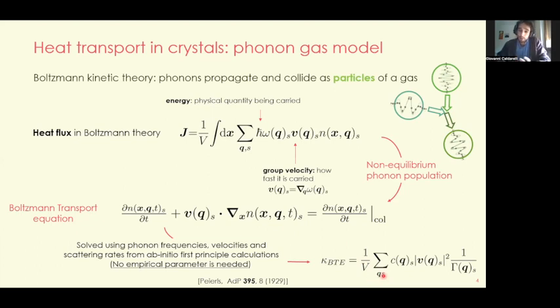And the single phonon contribution to thermal conductivity is proportional to their specific heat, to their square velocity, and their inverse scattering rate, so their lifetime, basically. Let's try to see what happens if we apply this theory to a class of material that we can call